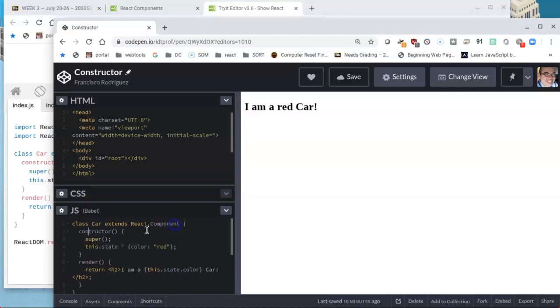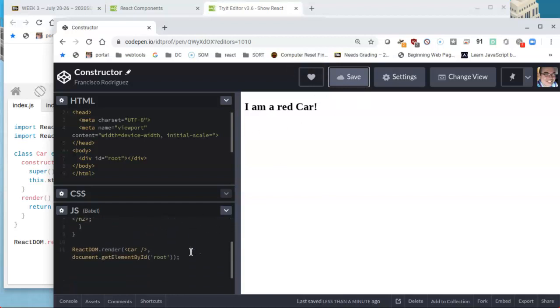Now this is interesting. I misspelled constructor here and it still did it. I wonder if it's one of those where it doesn't matter what it's called, but nonetheless it should be called constructor. And sure enough, it says that I am a red car, and because this is a state that's being defined by us at this moment, maybe, like I said, maybe later on the program itself will do it,